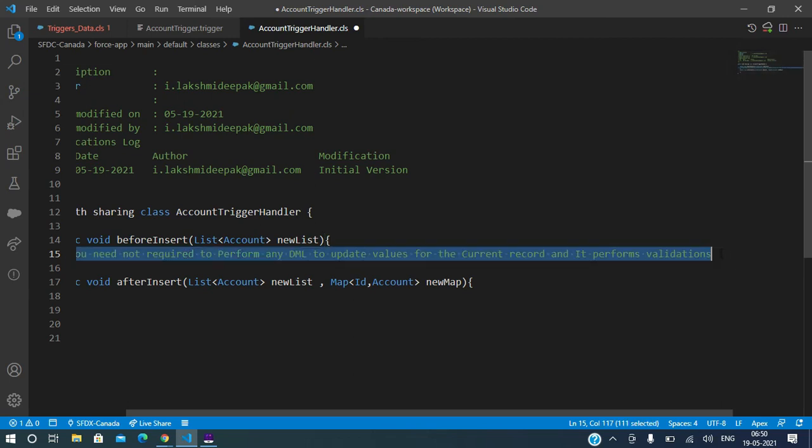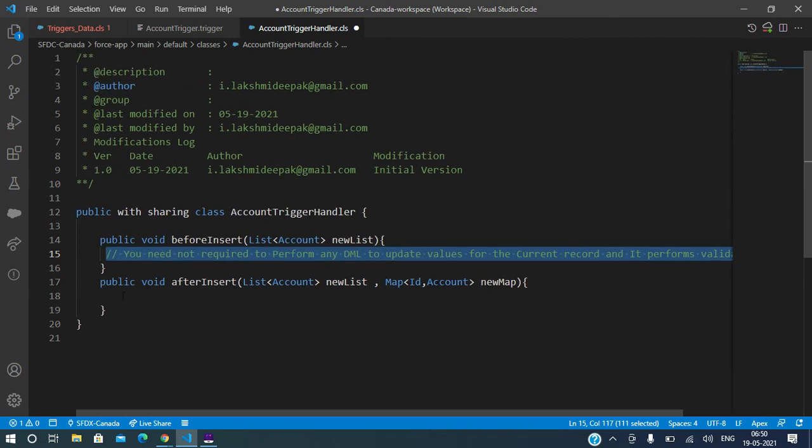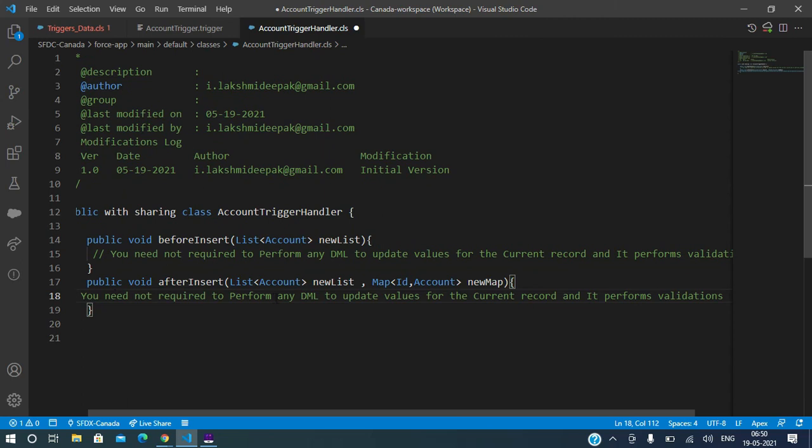And here it is in the reverse direction. You need DMLs.